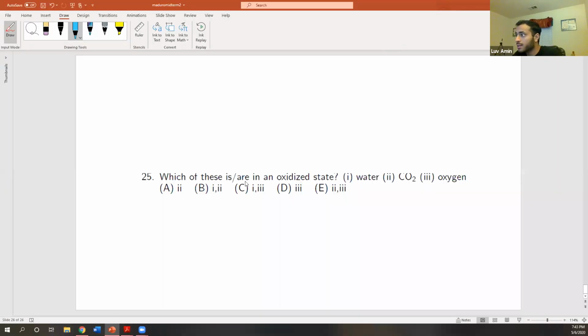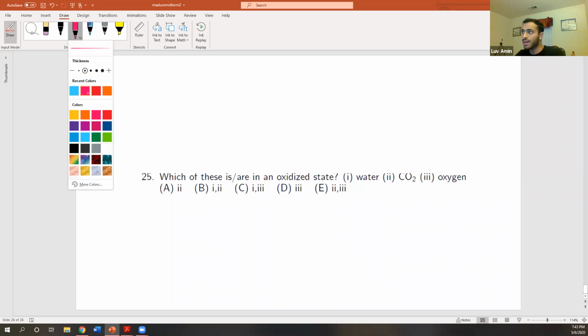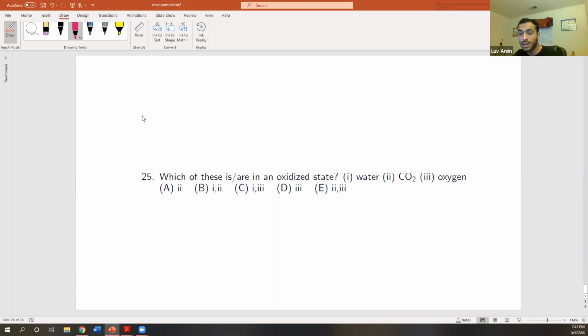Which of these are in an oxidized state? Okay, so this one, I would say the best way to think about it is refer to cell respiration. So let's go to CO2. Where do we know CO2 is made? Let's think of pyruvate oxidation, right? So we know that we're going from a 3-carbon chain and it's going to a 2-carbon chain. Now, a fact that you've heard consistently throughout this topic is that NAD+, my bad, gets reduced to NADH,